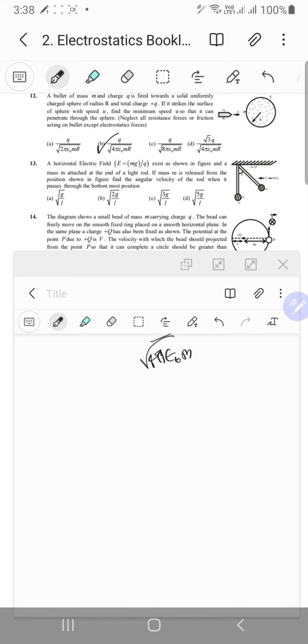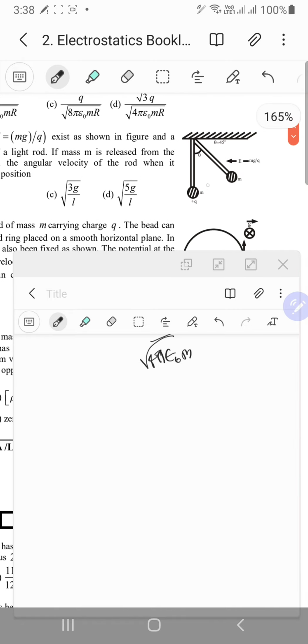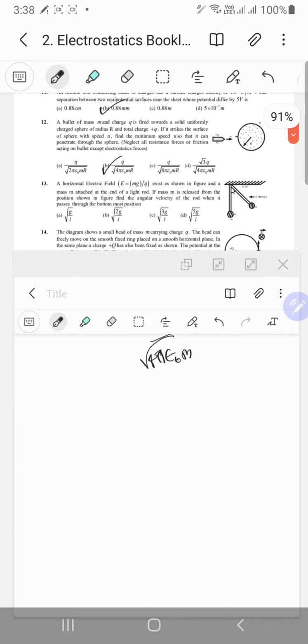The rod passes through the bottommost point. Wait, so why are they giving us two things? Oh, so this is the initial position, and then this is what happens once it reaches there. It has charge plus q. So that means the force on this is mg in this direction, but it's also mg in this direction. Okay,